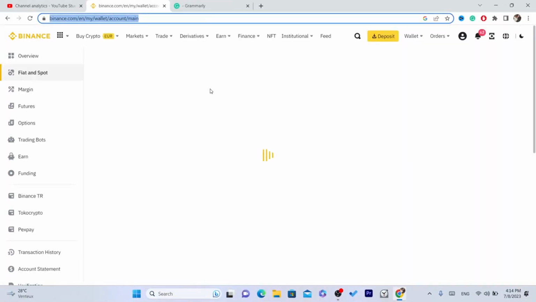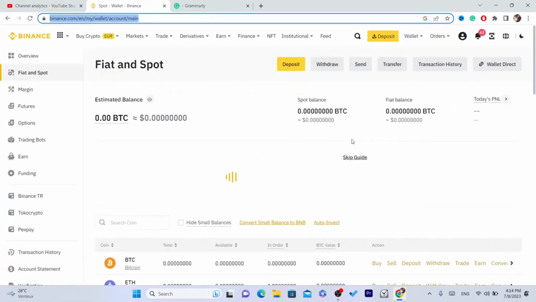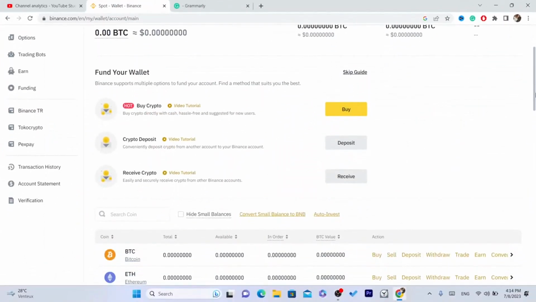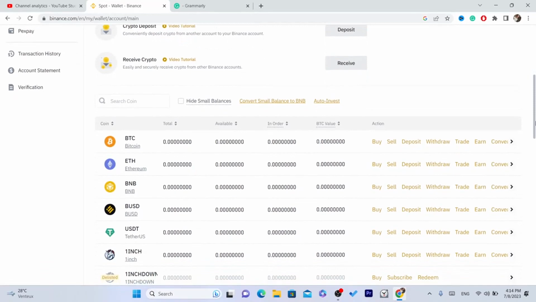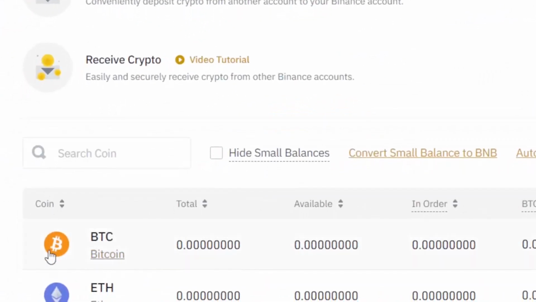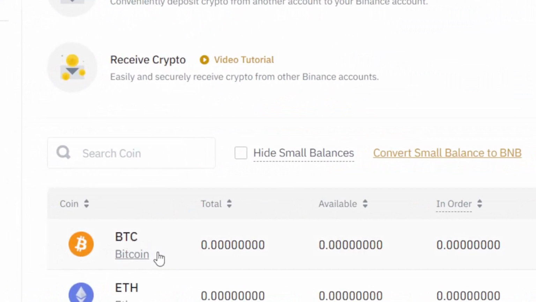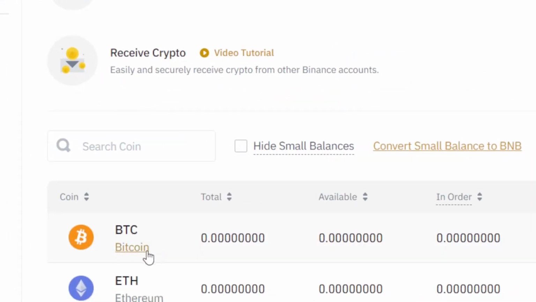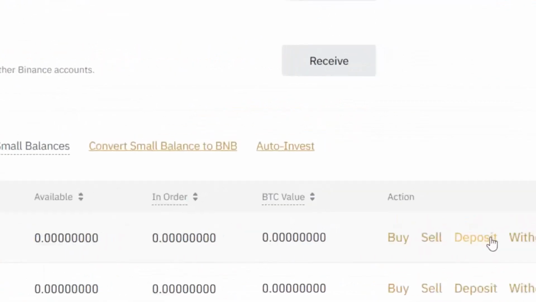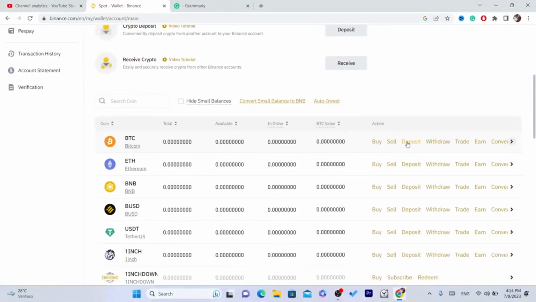And what you need to do, guys, next is you need to scroll down a little bit, and as you can see here, you want to search for Bitcoin. As you can see, BTC, and in that you will see here the Bitcoin. Now in the right, next to that you want to click on deposit. As you can see, you want to click on deposit,